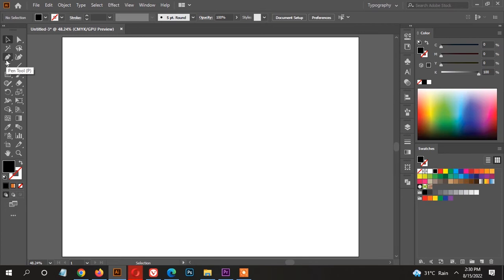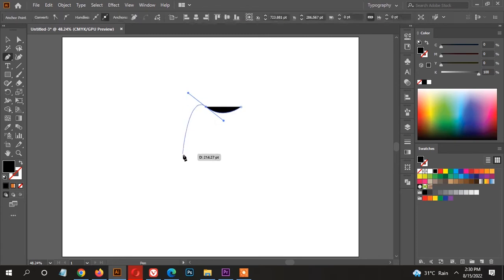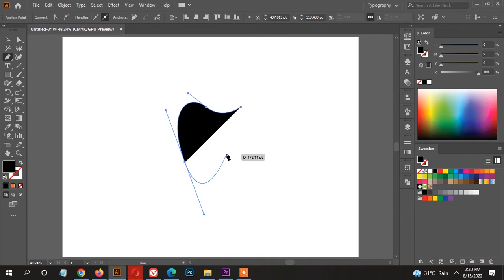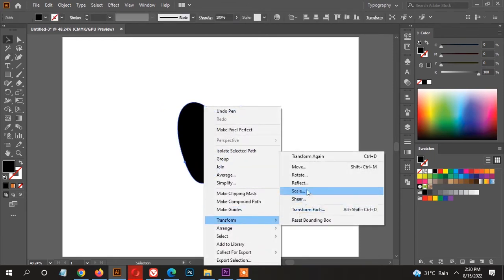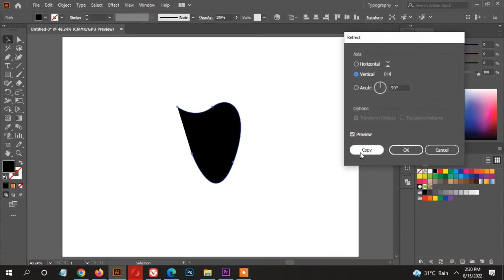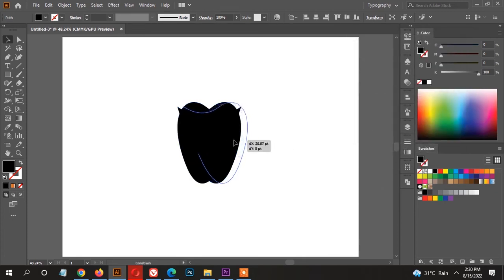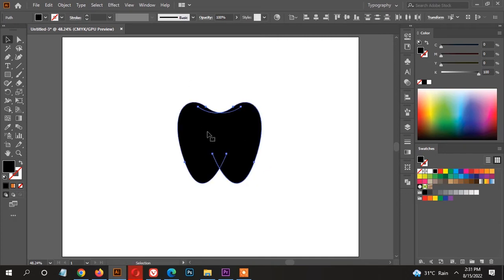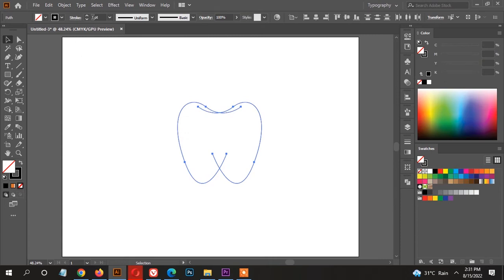So to create an apple, you have to select the Pen tool, click here and drag upwards, and now third click here and fourth click here. Now select this shape and right click, transform, reflect, and create a copy of it, and then move it to the right side a little bit, and then select both these shapes and turn fill color to stroke color and